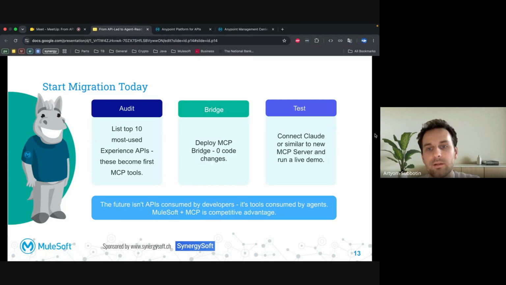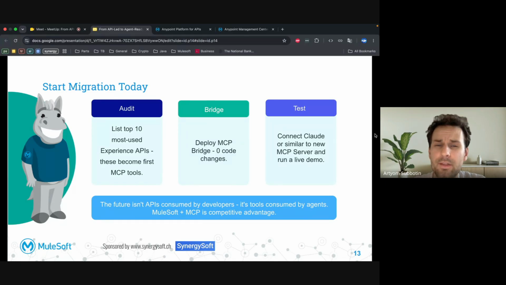Everyone who ever worked or is currently working with MuleSoft, who might be MuleSoft customers, should understand the main goal: that we are still trying to build the same integration, structured, governed, and reusable. So experience API, process API, system API, it's still in place. And that is your competitive advantage.